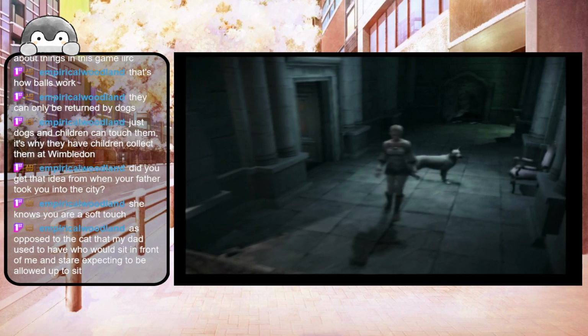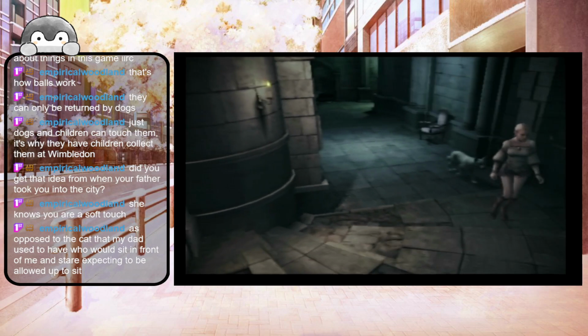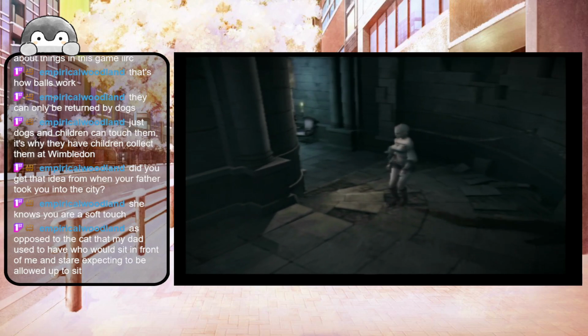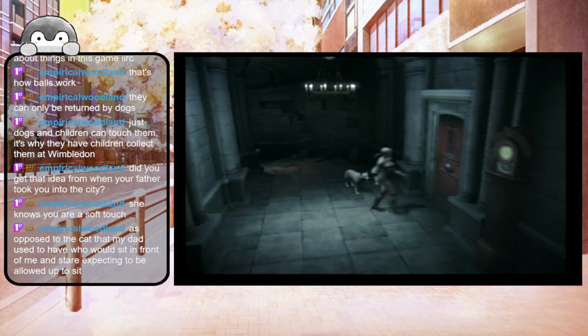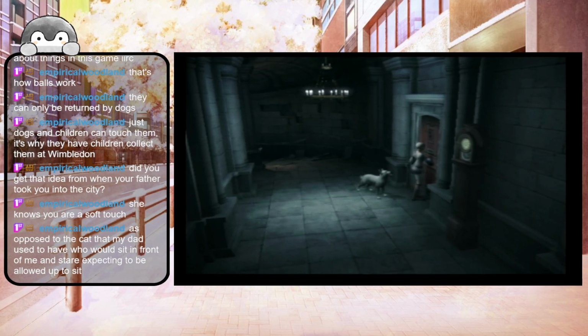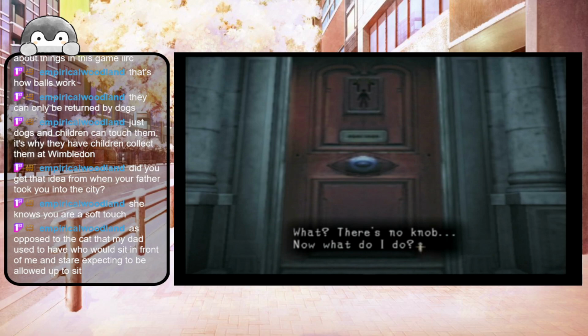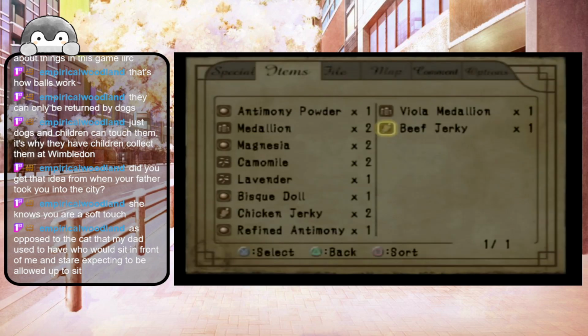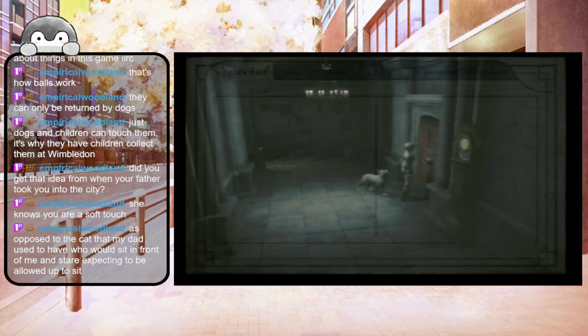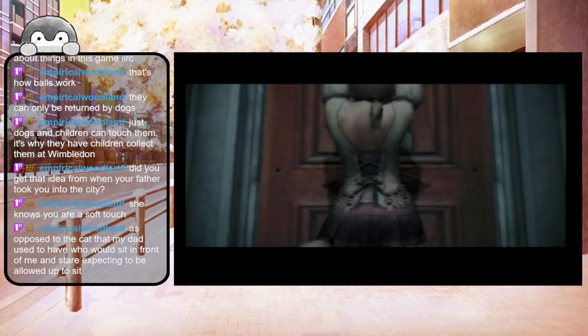Is this that corridor? I think it is, because there's the save clock over here. Yeah, okay, so check it out. There's no knob. Now what do I do? But you see the little thing up there? The guy with the Allen keys? So, if we do one of those,